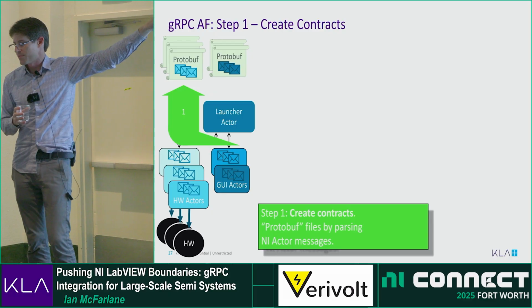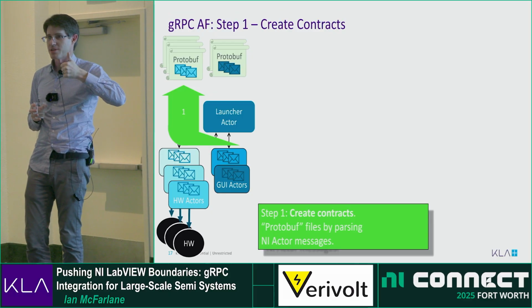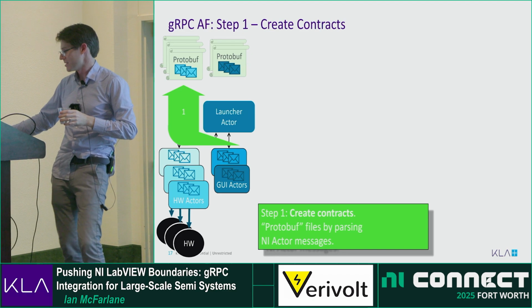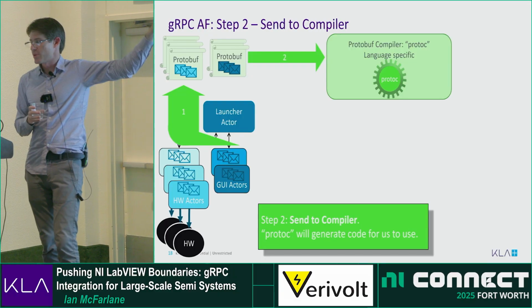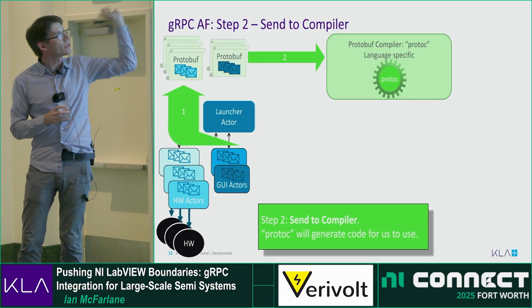We generate the protobuf files by parsing the NI actor messages with scripting and other kinds of fun stuff. This is automatable, which is really, really lovely. We take these protobuf files that are generated, the strongly typed protobuf files that define those APIs. We send it through the protalk,